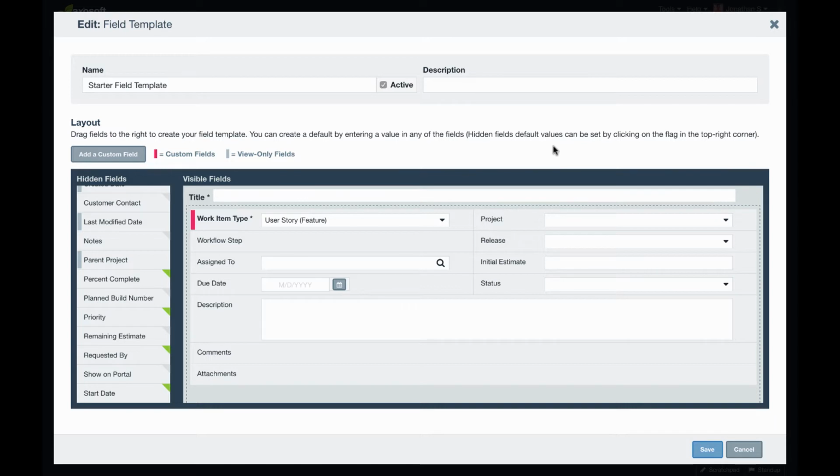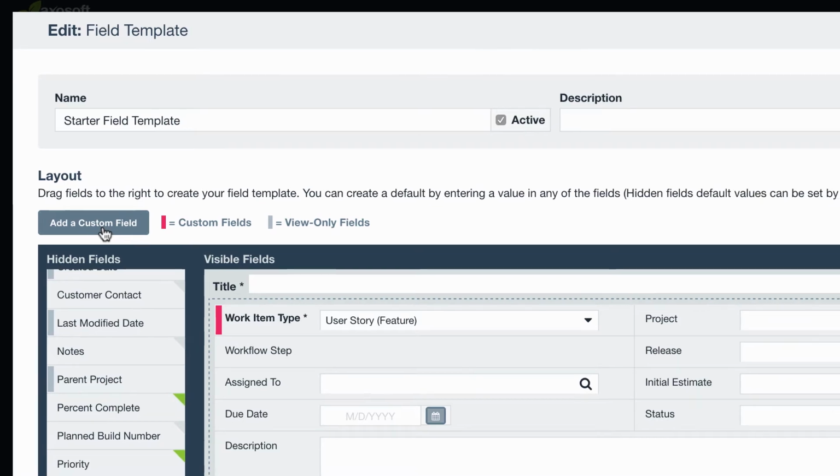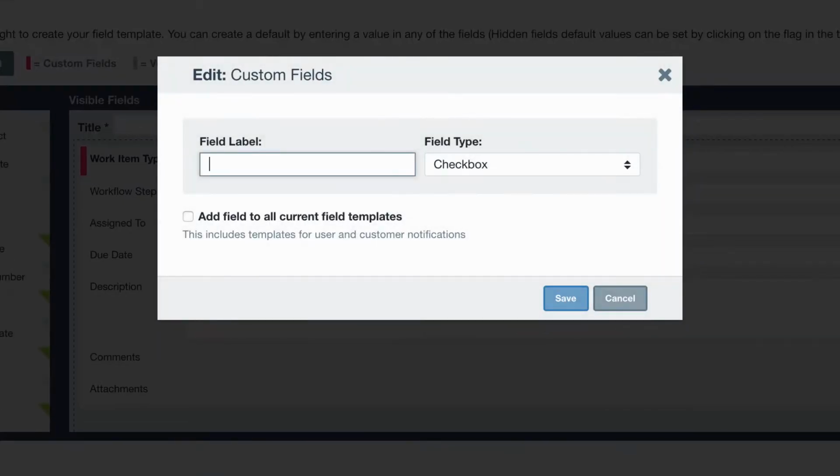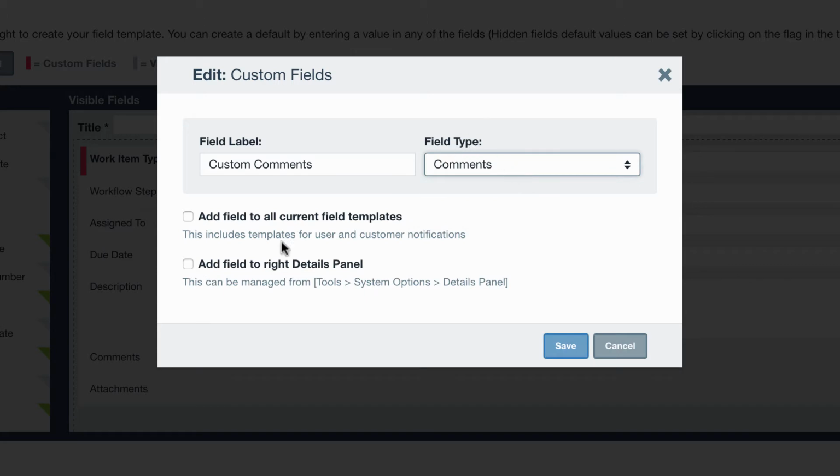And I'm next going to examine my custom fields. Because I'm already here in this field template editor, there's actually a shortcut here in the upper left corner where I can add a custom field. Let's say that there is a custom field that I wish to include here. Maybe it's an additional comments field, and I'll just be really explicit and say this is just a custom comments field. I'm going to make this a comments field type, and I'm going to include it in all of my